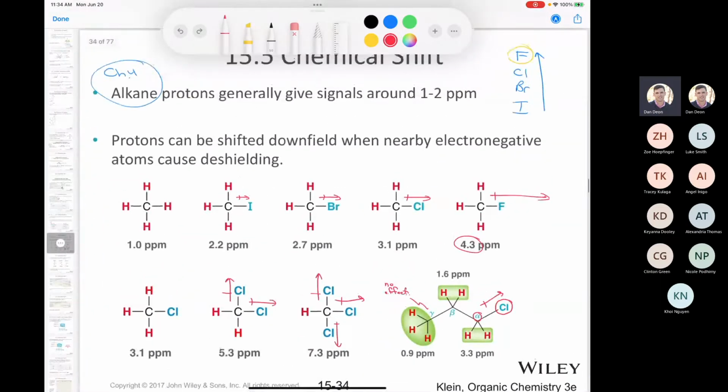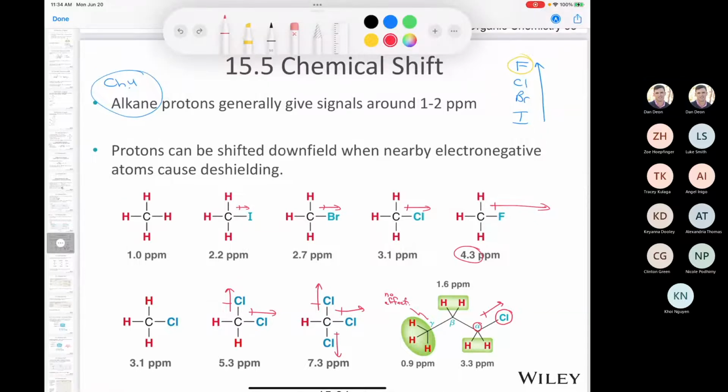All right, so chemical shift. What did we see on this slide? That the more electron withdrawing group you have, the more deshielded the protons are, and therefore they will have a higher chemical shift. If you add more and more electron withdrawing groups, that exacerbates the effect. And we see that that effect is only manifested in alpha and beta protons. Once you get to gamma protons, the effect drops off, and we don't really see any change in the chemical